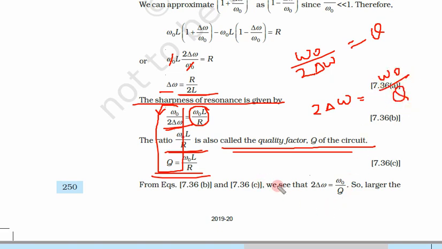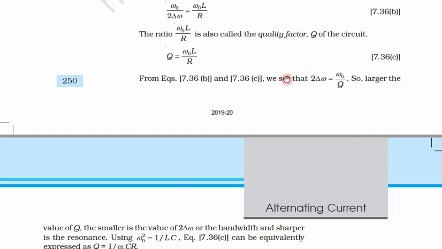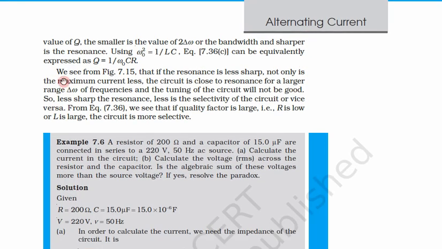So this is quality factor. Q is called quality factor. So what we get here? We see that 2 delta omega is equal to omega naught upon Q. So the larger the value of Q, the smaller is the value of 2 delta omega. That means quality factor increase will result in a